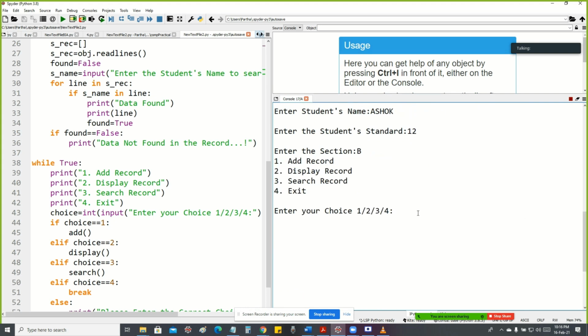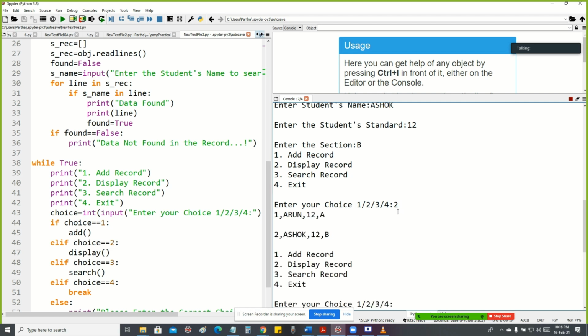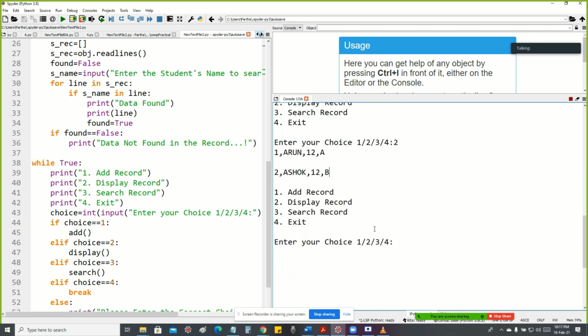Now I'll give the choice number 2 to display the record. See students, roll number 1 Arun, 12th standard A section, roll number 2 Ashok, 12th standard B section. Now I'll give the choice number 3 to search the record.